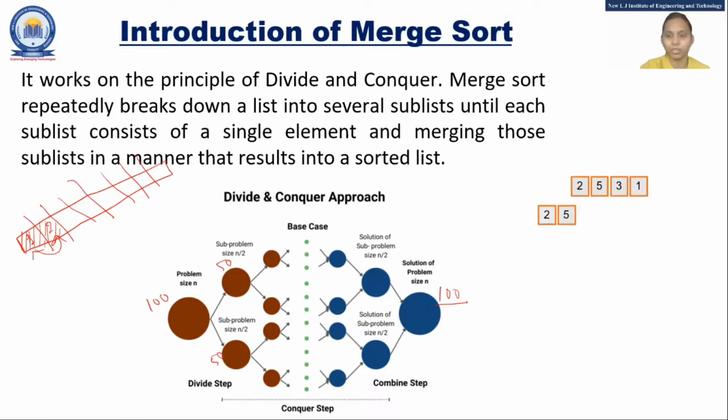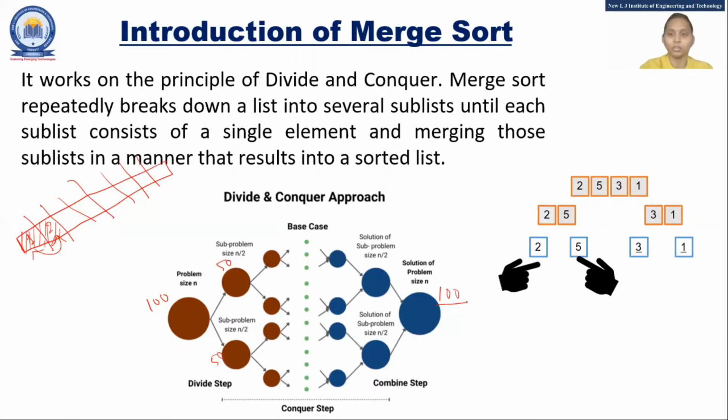Let's take one example here. You can see the division part is easy because in division you are not doing anything. But when I say the merge part, whenever you are merging something, you have to check that the given number is at the right place or not. It is also known as a two-hand pointing mechanism. Take your two hands and point to the numbers.